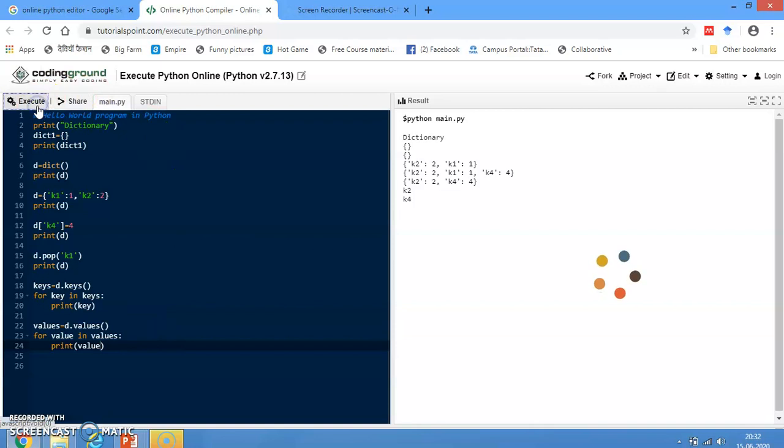Now execute it, which shows the values associated with the keys k2 and k4. These are 2 and 4.